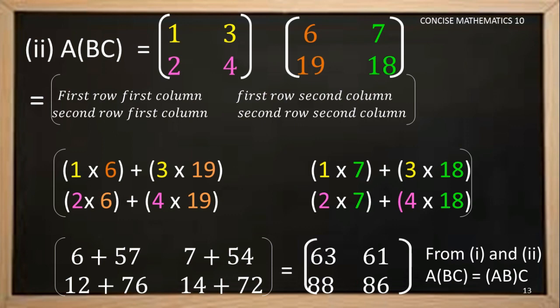If you observe the results of sub question 1 and sub question 2, the corresponding elements are the same. We can say that A of BC is equal to AB of C. By this we have completed the questions up to 5. Question number 6 is homework, to complete in the classwork itself. In my next class, I'll move on with question number 7.